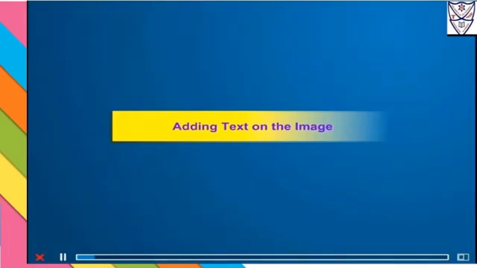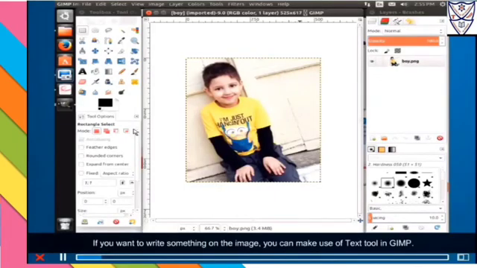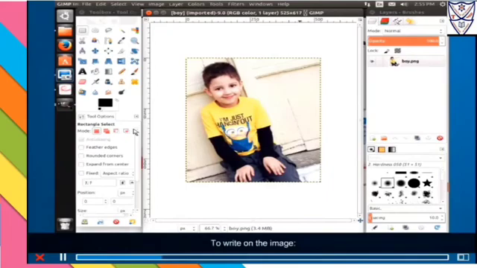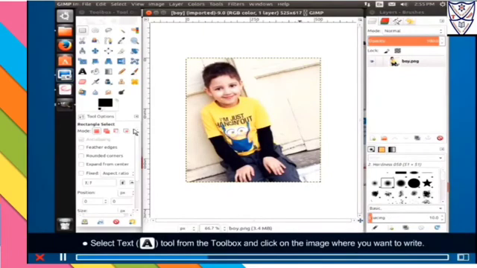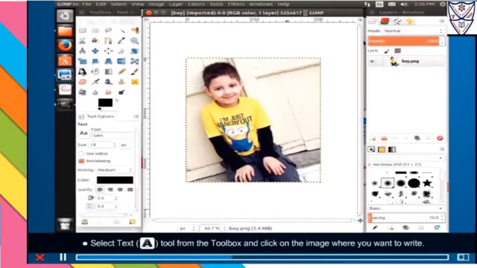Adding text on the image. If you want to write something on the image, you can make use of text tool in GIMP. To write on the image, open the picture on which you want to write. Select text tool from the toolbox and click on the image where you want to write.